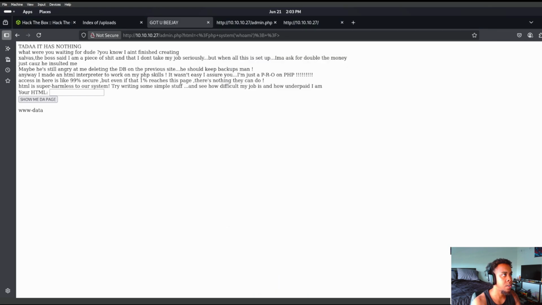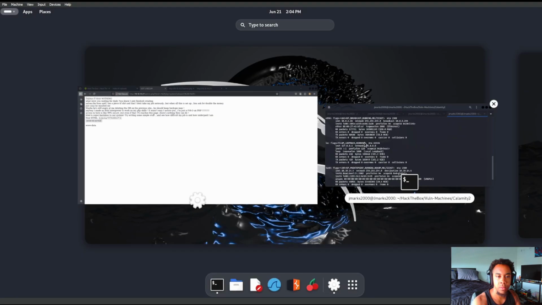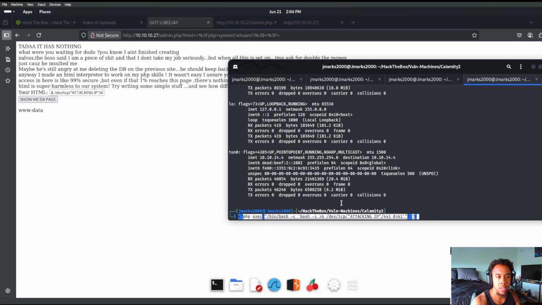So I already have a PHP reverse shell command ready to go. So let me just copy it, paste it here. And here, as you can see, I'll just paste it out for you guys to see what it actually looks like. So this is just a simple PHP reverse shell command that you would, of course, as you see, just put into the input box and essentially fill in the parameters. I would put my IP address here and then the port number that I want it to connect to. And as you can see, of course, it is a bin bash, reverse shell, interactive,